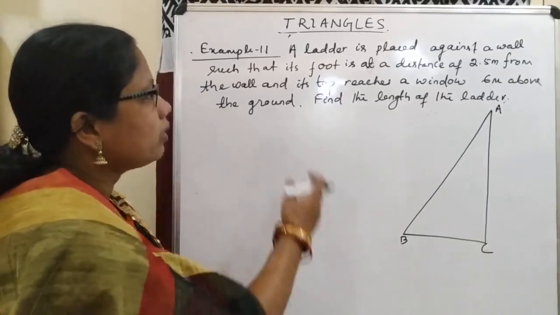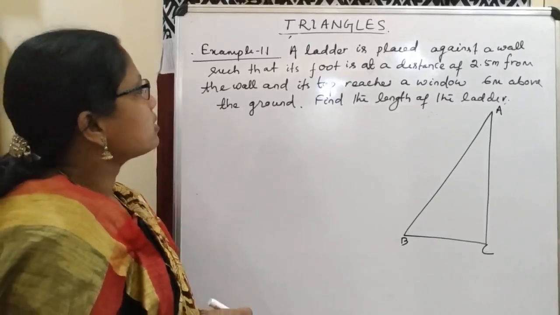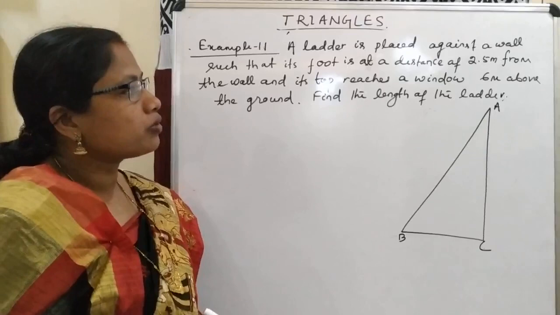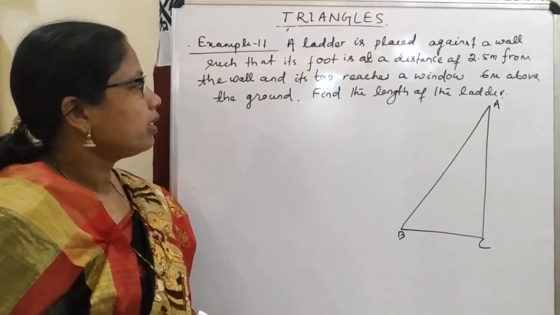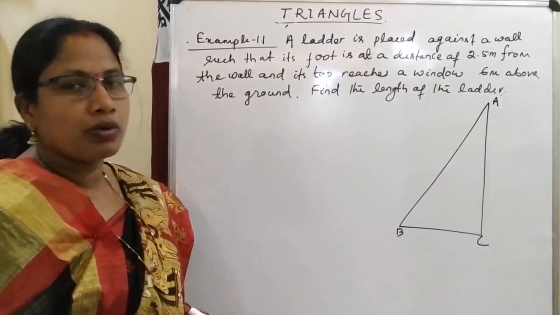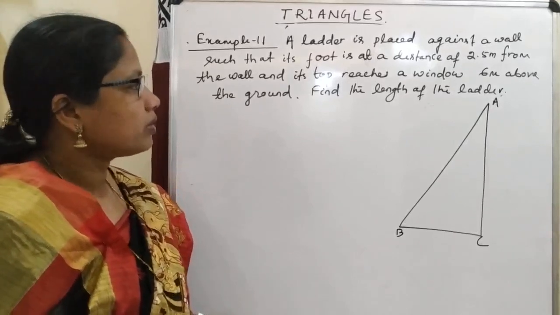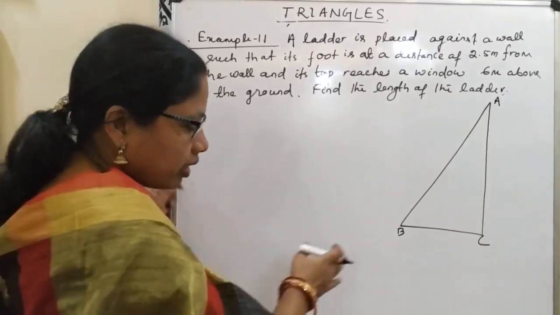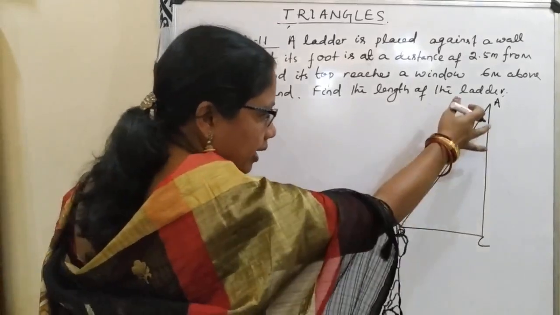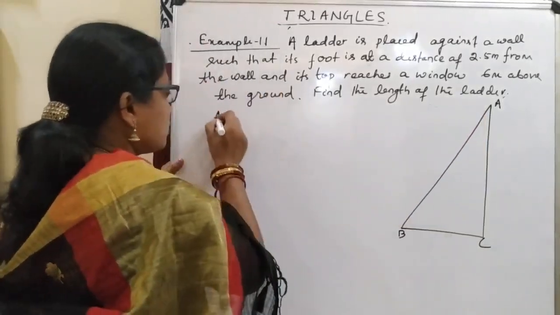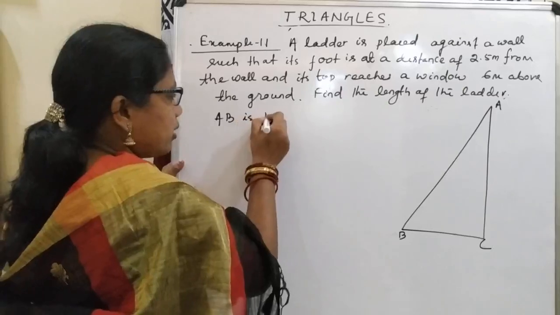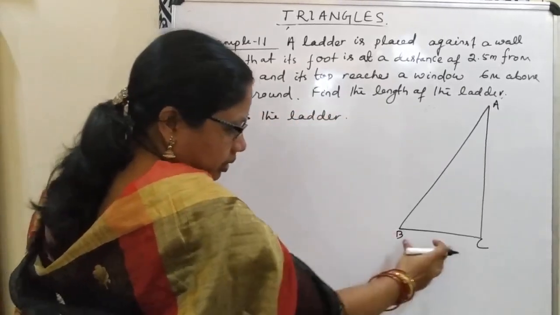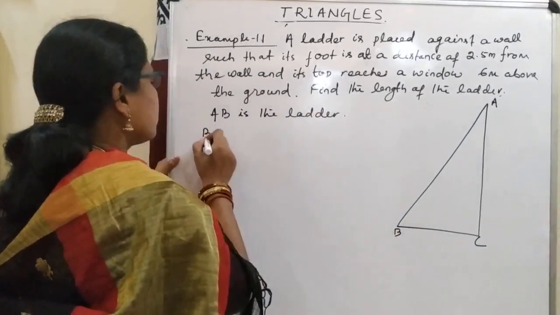Next example. A ladder is placed against a wall such that its foot is at a distance of 2.5 meters from the wall and its top reaches a window 6 meters above the ground. Find the length of the ladder. So here I have drawn the figure. AB is the ladder and BC is